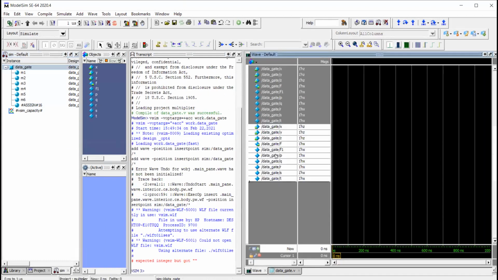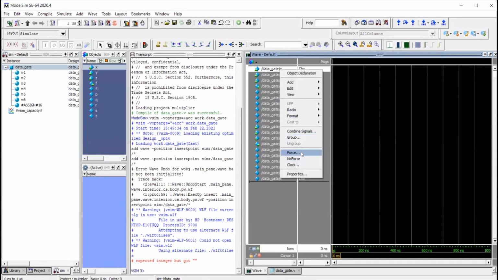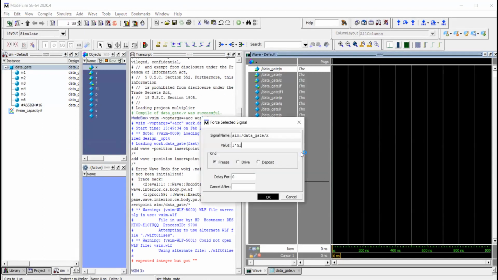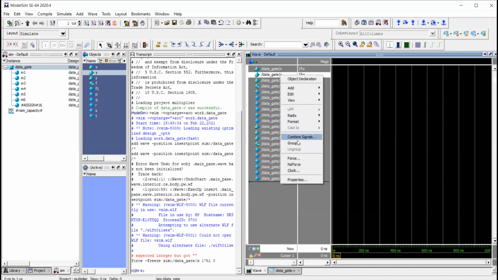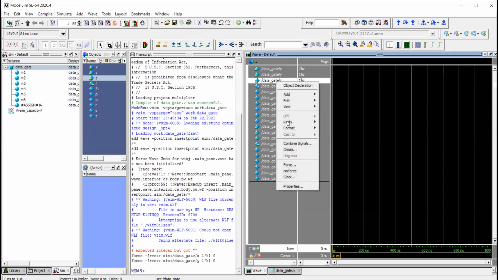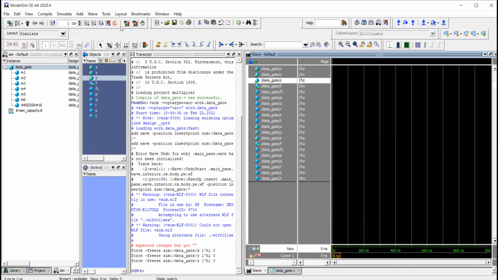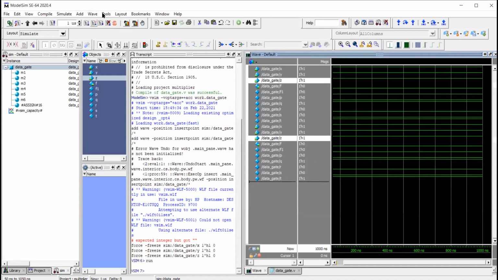X, right click, force value, I'm applying all ones. Let's check whether F and F1 are the same or not. So run. This is the run symbol, run.